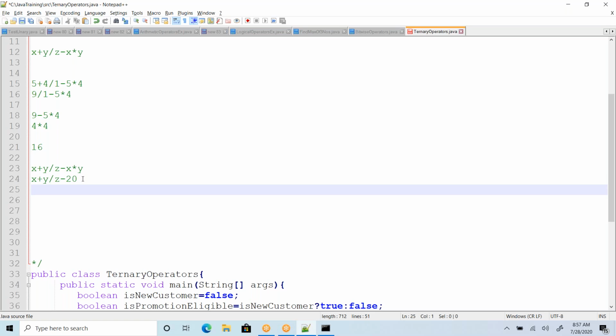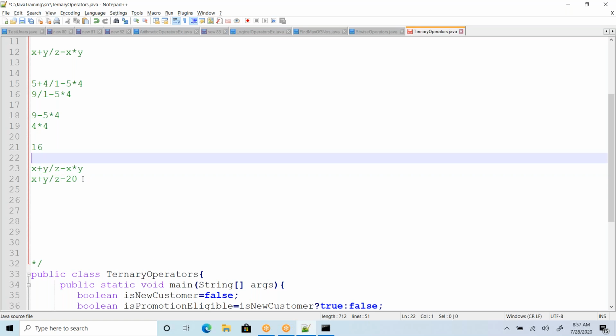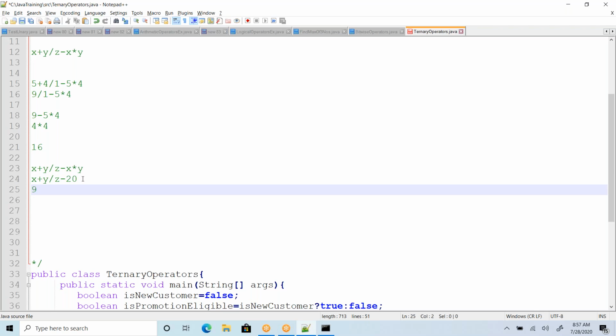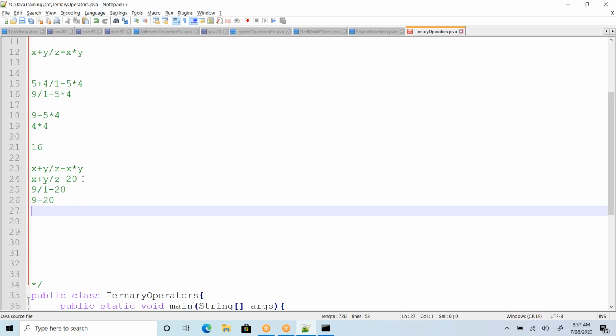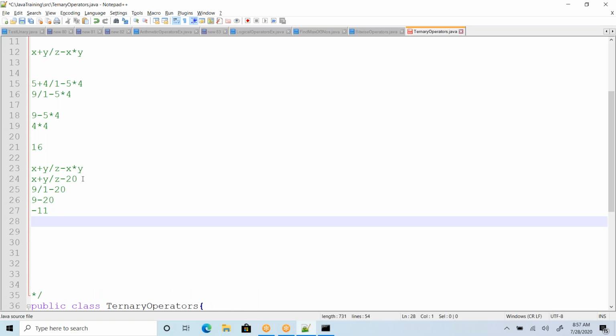Then x plus y, with x value 5 plus 4, becomes 9. Then the division operation is applied. What is the z value? I have given 1, minus 20, correct? 9 division 1 is 9. 9 minus 20 is minus 11. This is the output.